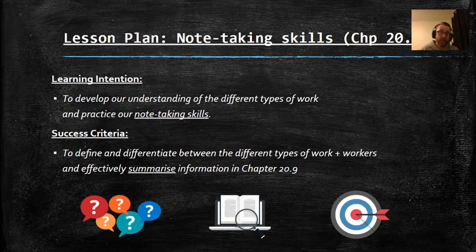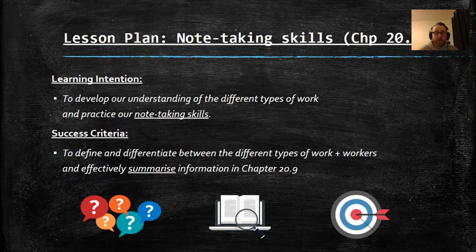So this lesson, we're looking at note-taking skills. In our previous lessons, we've been developing our knowledge. This lesson, we're going to be applying that knowledge into some skills. Developing our understanding of the different types of work and practicing our note-taking skills is the learning intention. And our success criteria is to define and differentiate between the different types of work and workers and effectively summarize